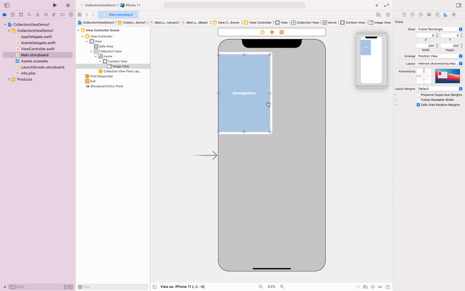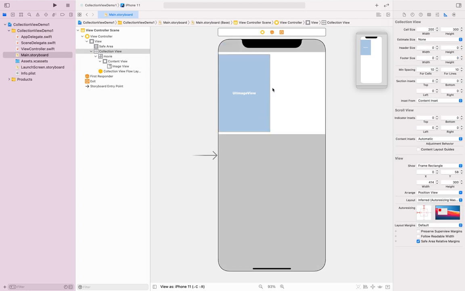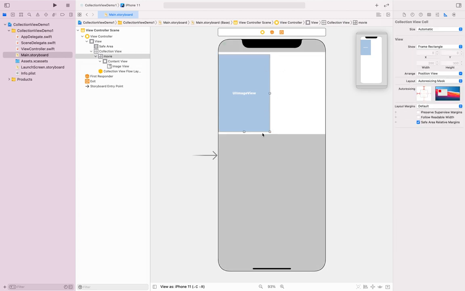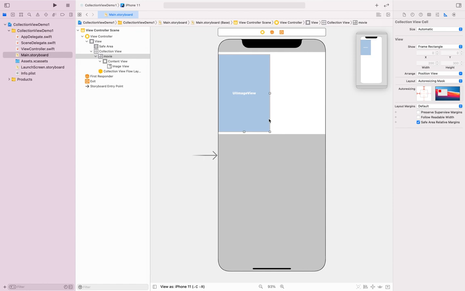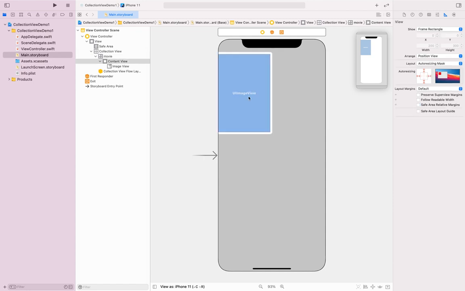Okay, so this is a collection view, no, this is the image view, this is the collection view, collection view cell. Okay, this is the collection view, this is the collection view cell, and then this is the image view. Okay, so we have three things here. So we are done with the